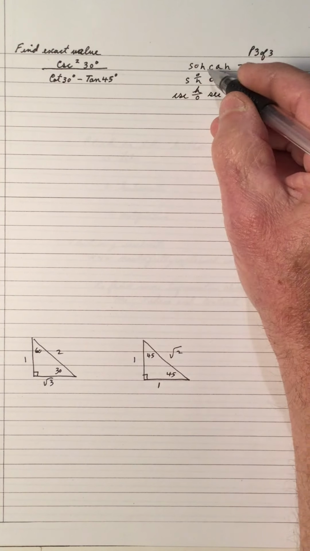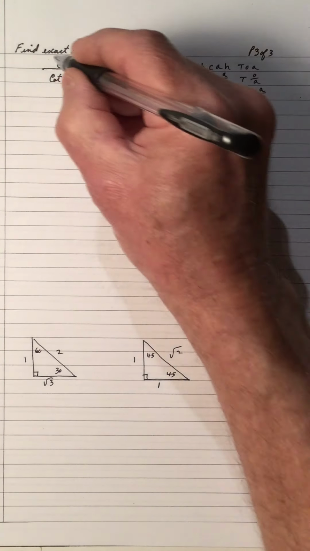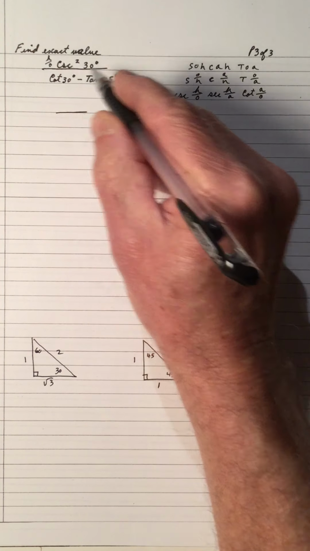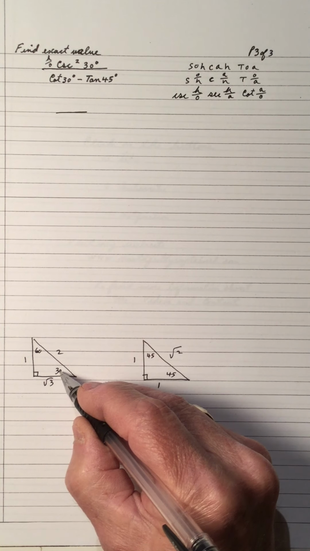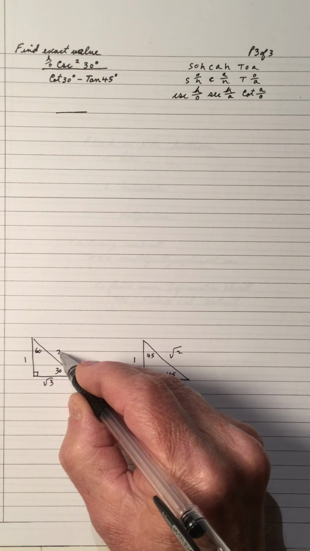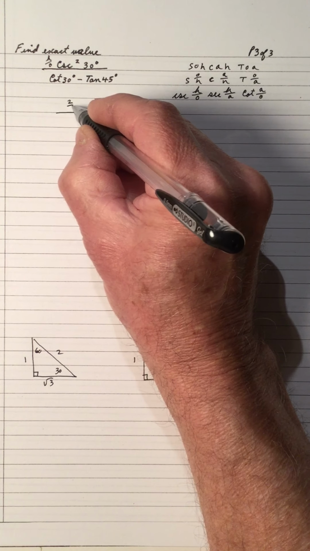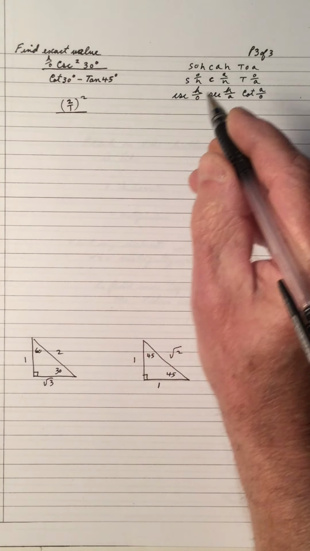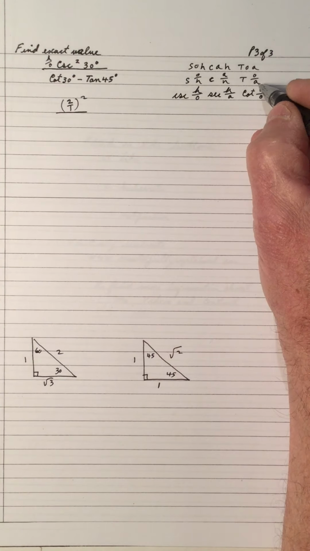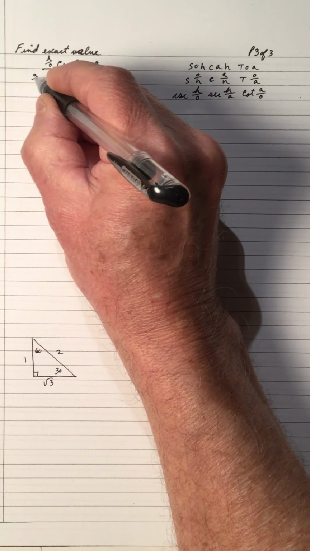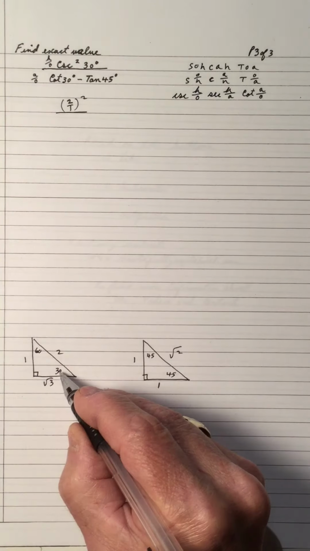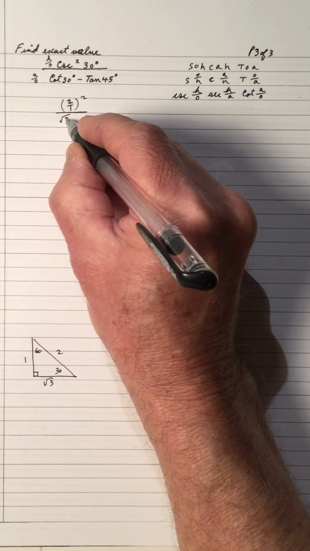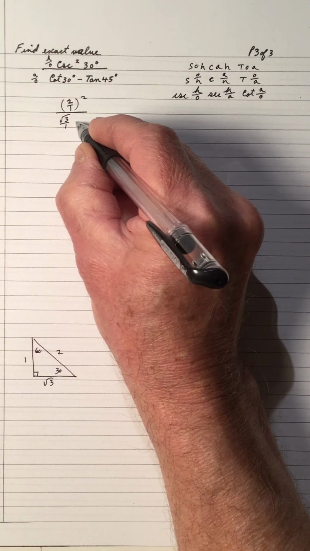We have a 30-degree cosecant. Cosecant is hypotenuse over opposite. So let's just take our time. We have a 30-degree angle. Hypotenuse over opposite is 2 over 1. And it's being squared, 2 over 1 being squared. We have the cot of 30. Cot is adjacent over opposite for the 30-degree angle. Adjacent over opposite is root 3 over 1, minus